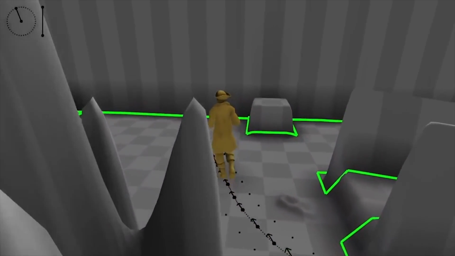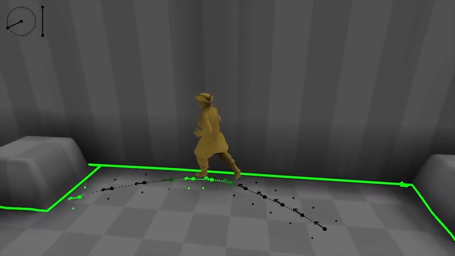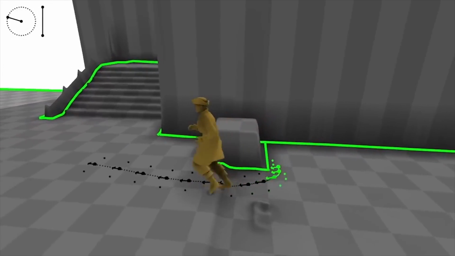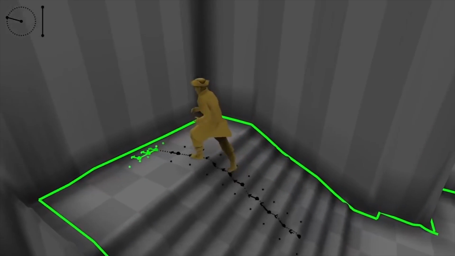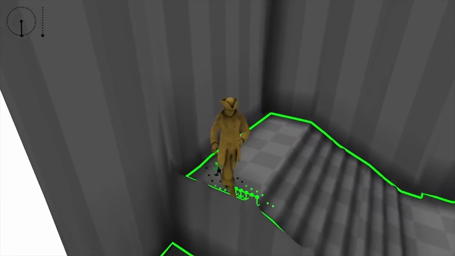In summary, we present a new method of character control using a phase function neural network which can produce high-quality motion for complex control tasks such as walking over rough terrain. It's fast, compact, stable, and can learn from a large amount of data.